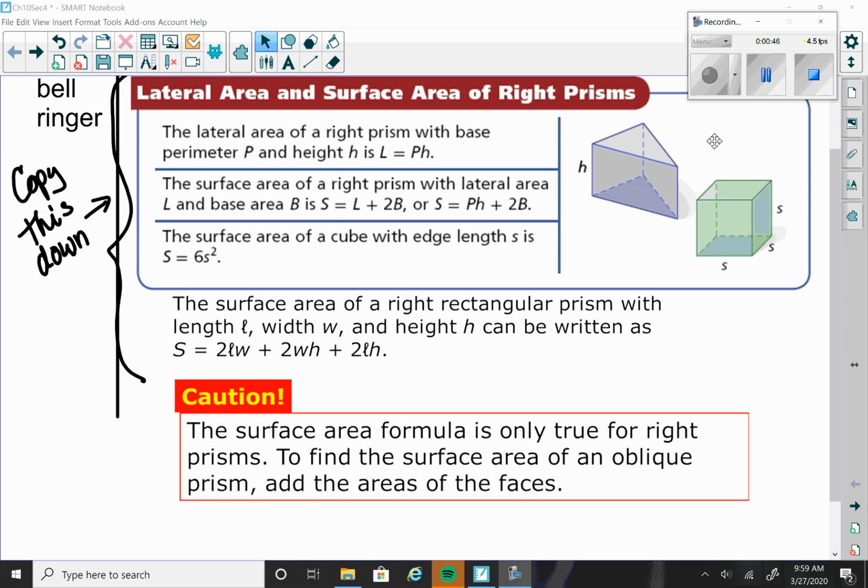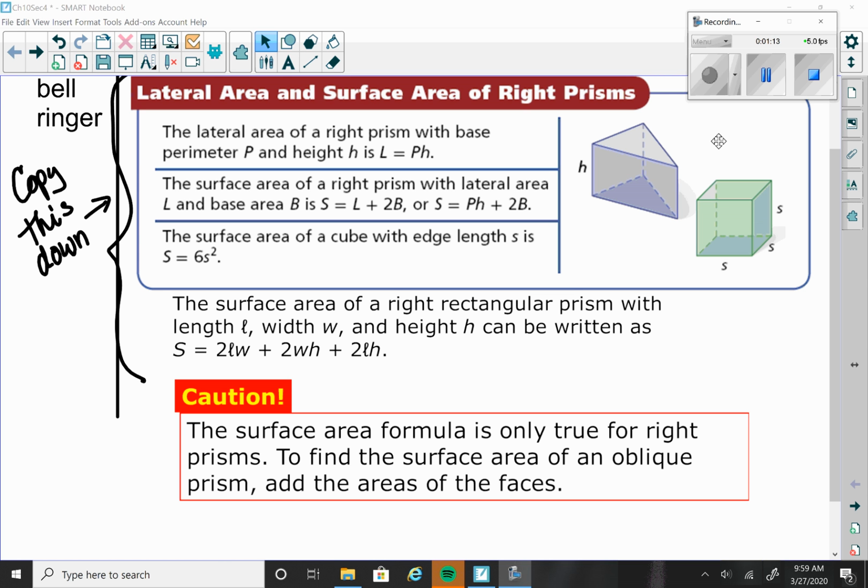A few things that I wanted to mention. The perimeter, capital P in that first formula, that's the perimeter of the base. And then H is your height, which is perpendicular to your base. Lateral means the area around the shape, around the middle of that triangular prism or rectangular prism. And then we add in the area of the bases, which would be the top and the bottom. And that's why there's 2B, because you have a top and a bottom to your triangular prism or any type